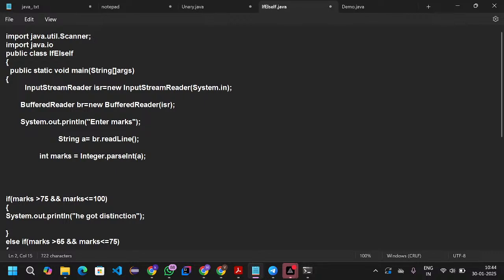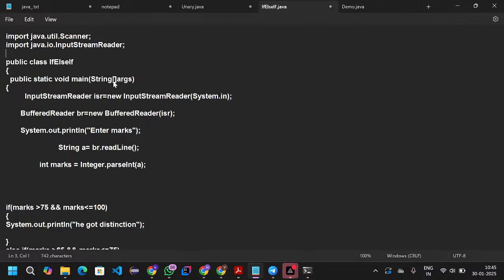If you want to import all the classes and interfaces available in the io package, then directly you can mention star. But in real-time projects, this is not recommended, though basically you can try it. Or else you can directly mention your class names: java.io.InputStreamReader,